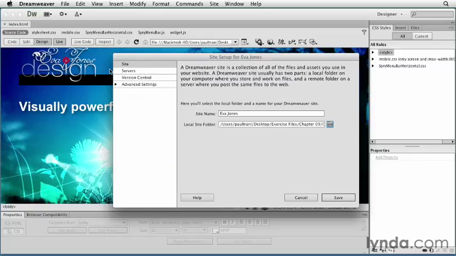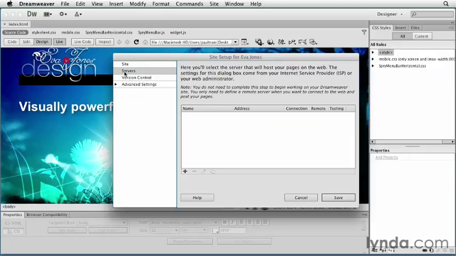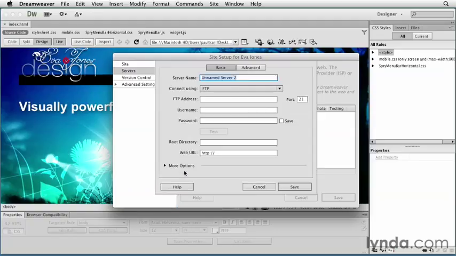So that looks good. I can click servers, and here's where you'll select the server that will host your pages on the web. That sounds like a good idea. You can have multiple servers, but really we just need to add one. So I'm going to add a new server. Right in here, I can give it a server name. This is actually hosted on GoDaddy